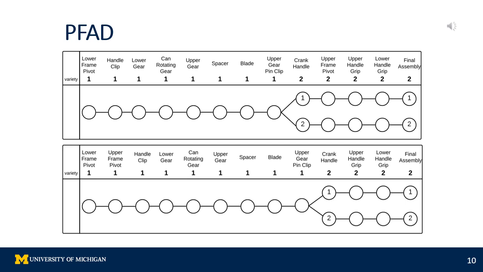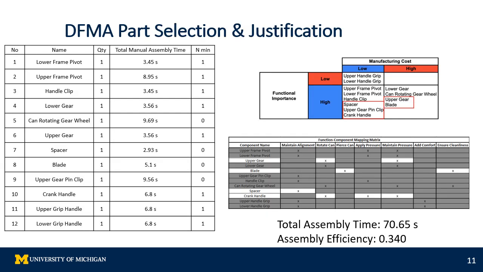This is the product family assembly diagram. In both sequences, differentiation occurs after the addition of the crank handle, with the second case being the furthest that differentiation can be delayed. The total manual assembly time of the original design was calculated to be 70.65 seconds with